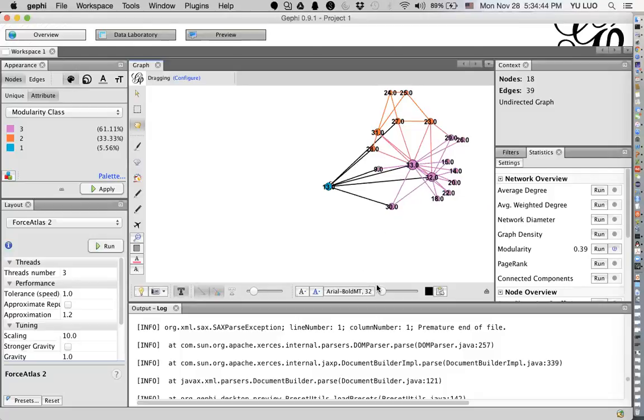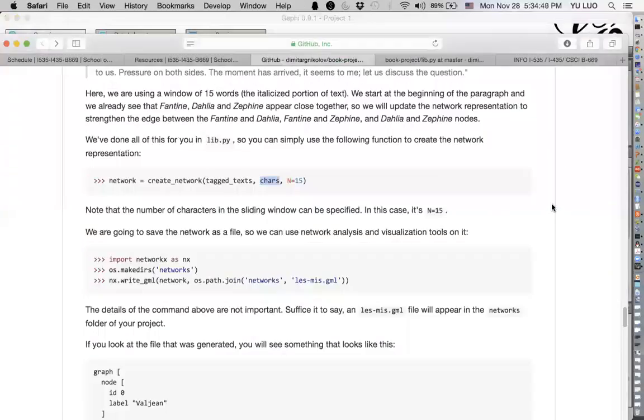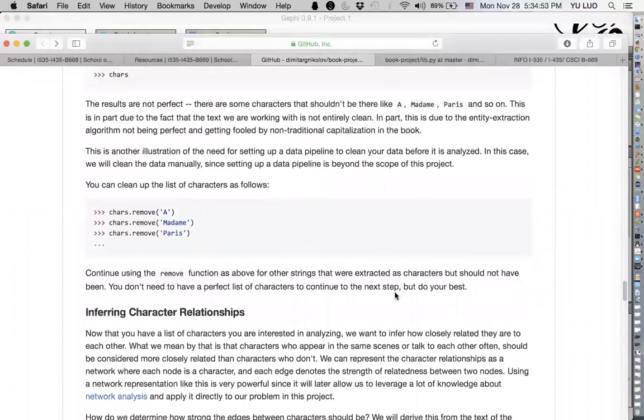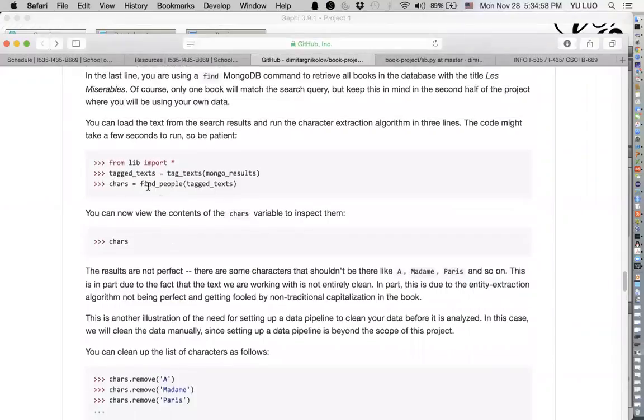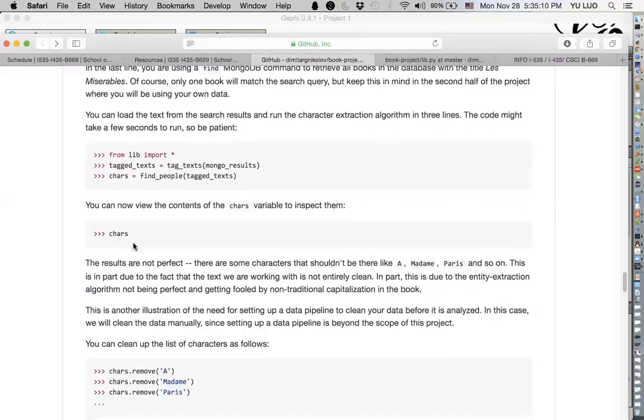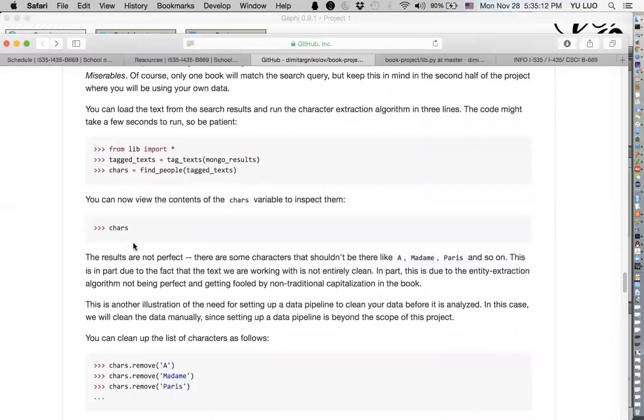So okay, one question. Let's go back to our node code here. I know it will take a long time to do the clean work. When you get the characters list by using this server method, you type characters and press enter, and Python will show you a list of characters. I think there are hundreds of thousands there. So you have to review the entire list to find